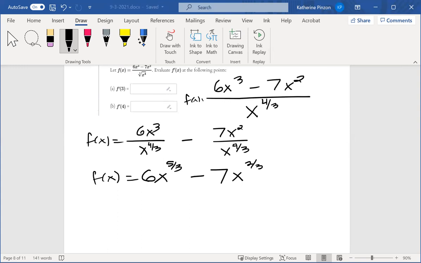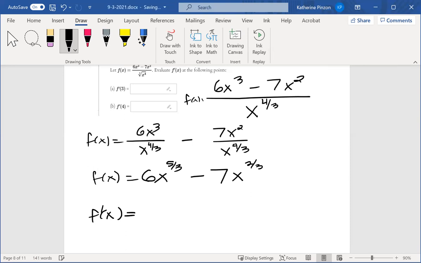So all of that was just algebra, right? I didn't do any calculus yet. I didn't take any derivatives. I just did some algebra. So I rewrote that exponent. I divided it into two pieces. The only time you can divide into two pieces is when you have one term in the denominator. If you have pluses or minuses in the denominator, can't do it. You have to use the quotient rule. And then I just subtracted exponents to get it to look like that. Now I'm going to take the derivative.